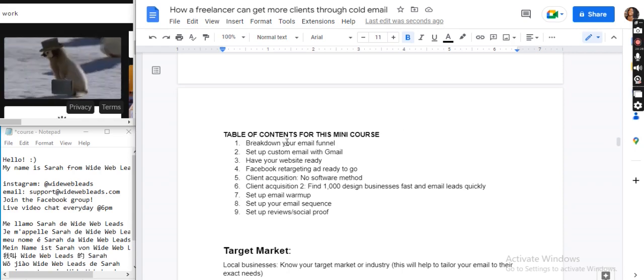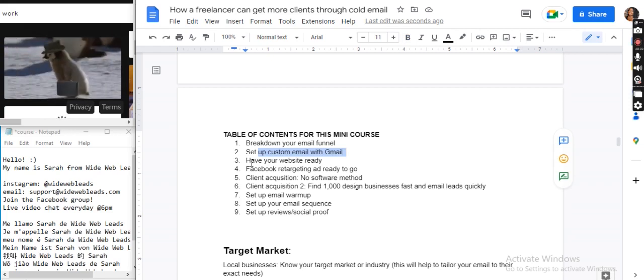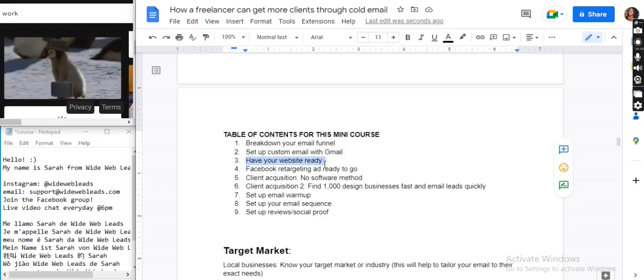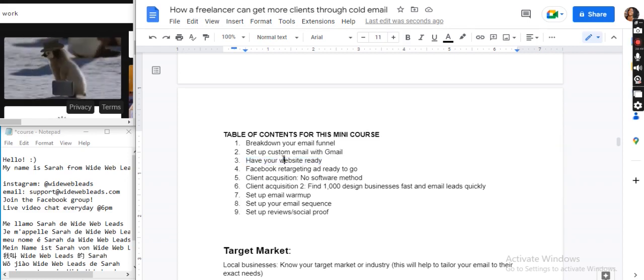So we're going to break down our email funnel. We're going to set up our custom email with Gmail. So that's the your name at yourwebsite.com. We are going to make sure we have our website ready. So there are free options and paid options I'll show you down below. You don't need a website. You mostly need a social media page.